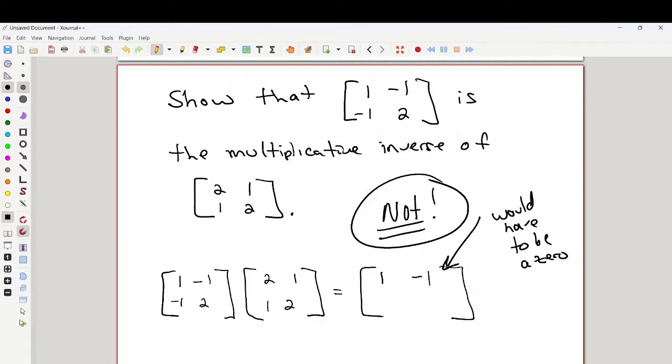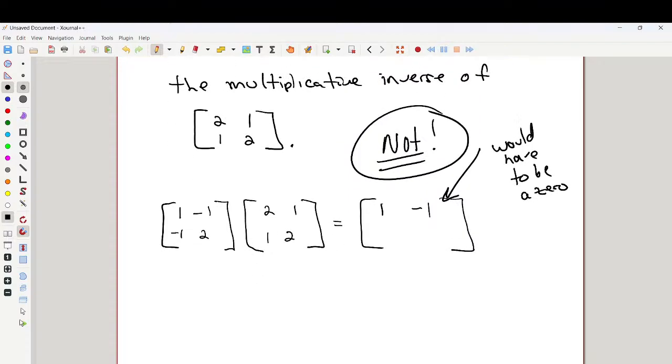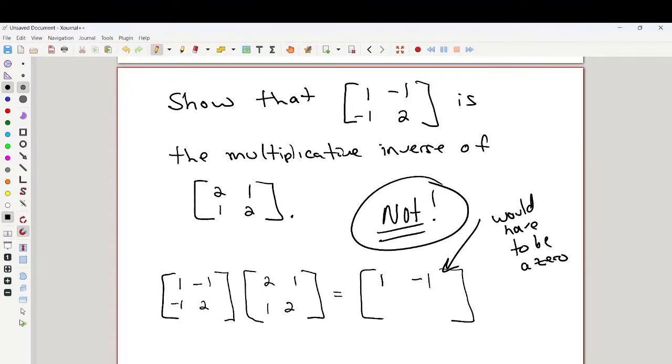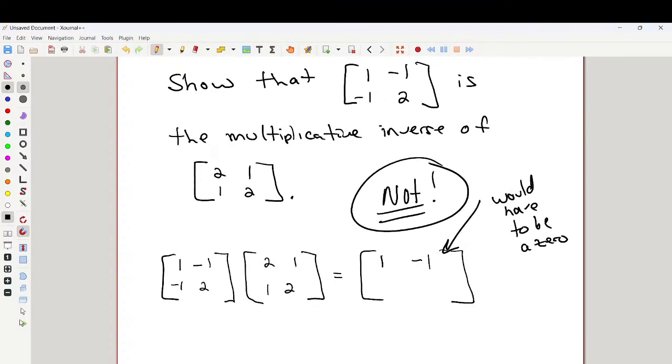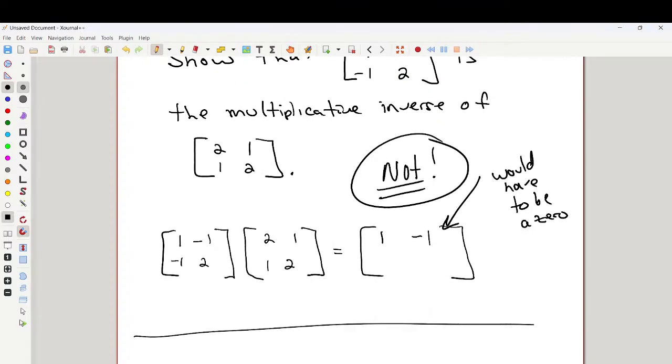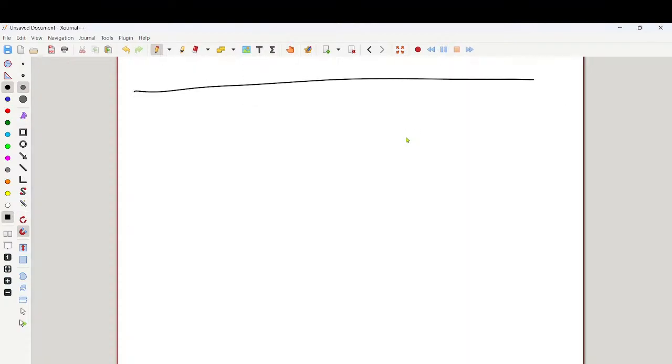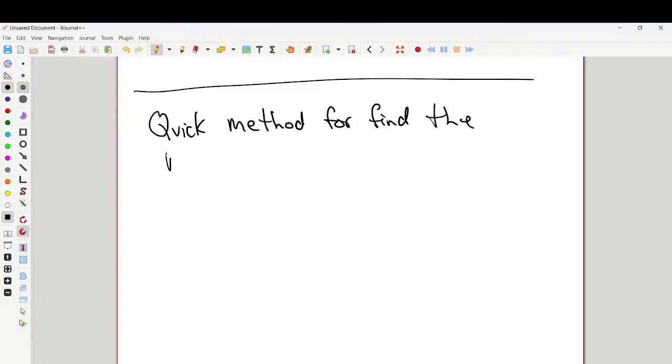But I am curious about one thing here. There was a typo. This should have been a 1, but that's okay. So for time's sake, we learned that, hey, no, it can't be. That would have had to be a 0. All right. So a quick method for finding the multiplicative